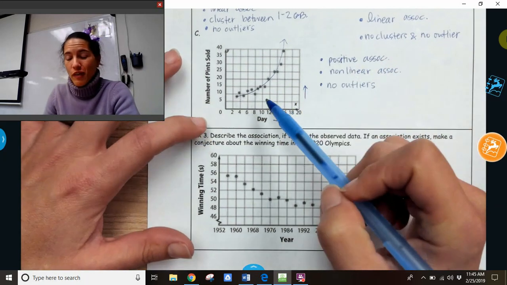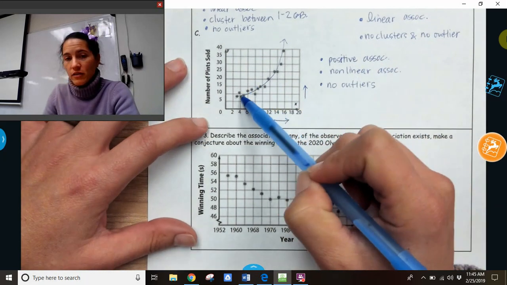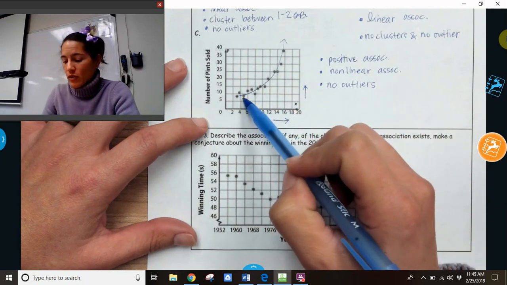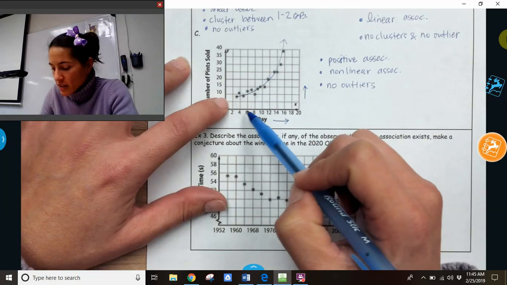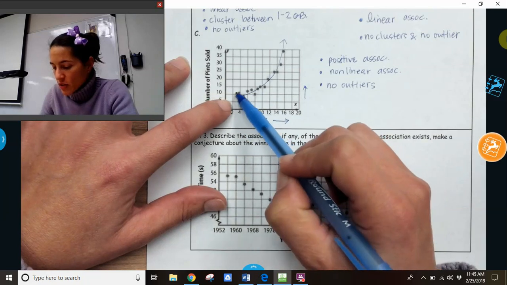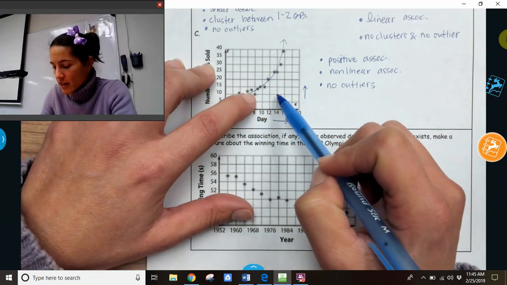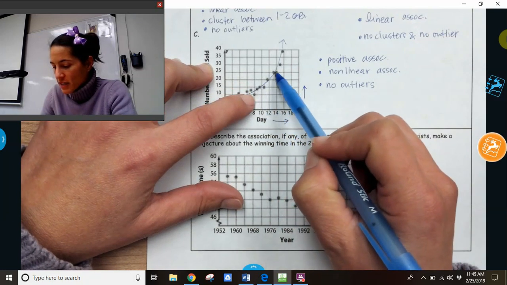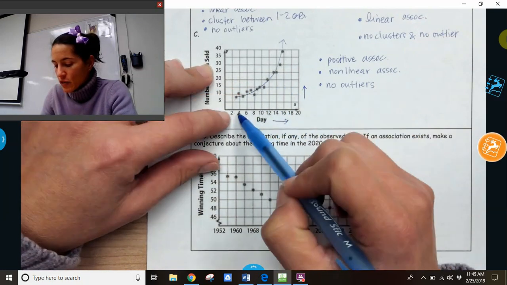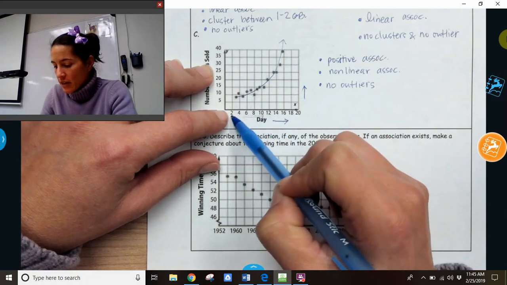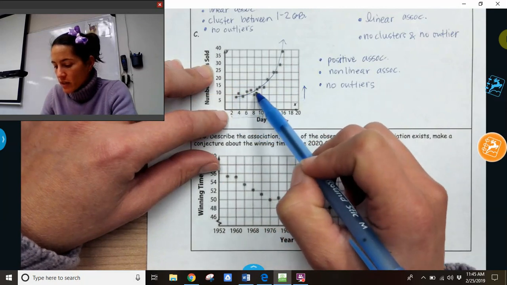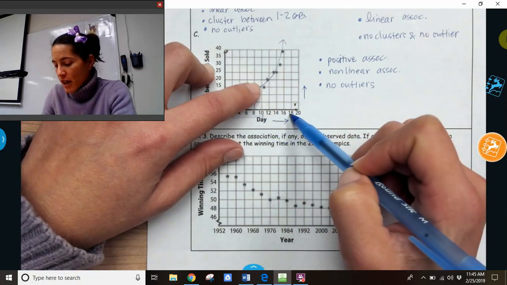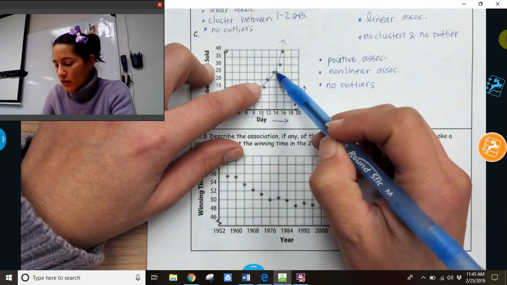And then I'm kind of curious what you think, if you think this is a cluster right here, or if you said no clusters. 1, 2, 3, 4, 5, 6. So we have 6 dots between 2 and 8. And then between 8 and 14, we have 1, 2, 3, 4, 5, 6. And so because we have 6 and 6, now if you said between 2 and 10, 1, 2, 3, 4, 5, 6, 7, 8. We have 8, and then if you said between 10 and 18, 1, 2, 3, 4, 5, 6, we have